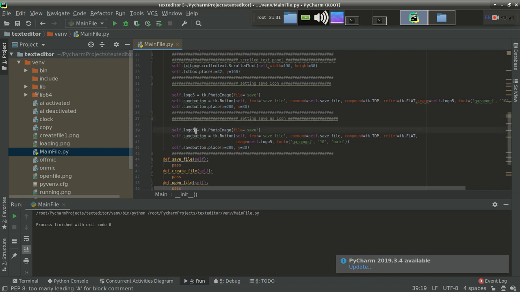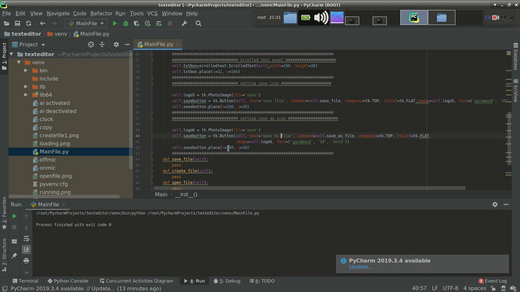We have that icon. So it should be logo 6. Again specify here logo 6, save as file. Everything is fine except the name, save as file.